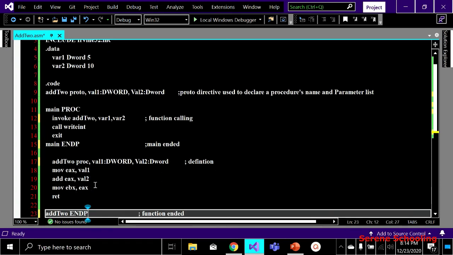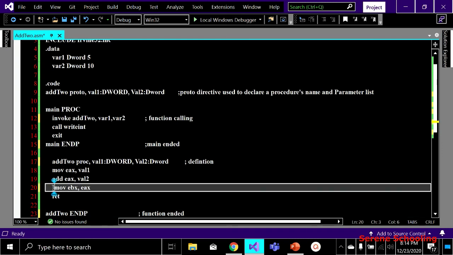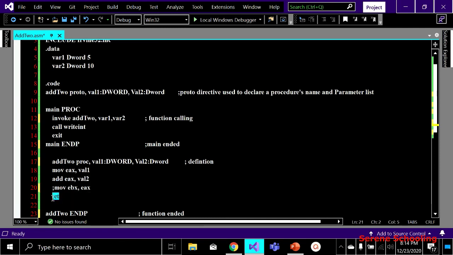We are already familiar with these things, they are so common by now. We are moving the first value into EAX, then we are adding the second value to the first value, and the result goes into the EAX register, and I am moving that EAX value into EBX, right? In fact, this is also not important, you can ignore this movement, because by this statement my result is stored in EAX, and by this return, RET, you have to end your procedure if you want any value to be displayed on the screen. This returns whatever is in EAX back to main.